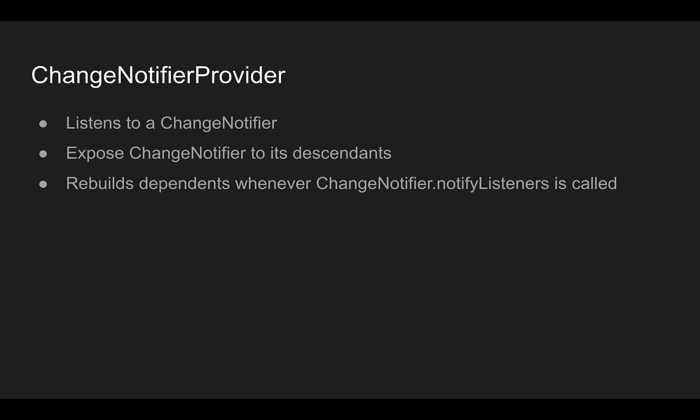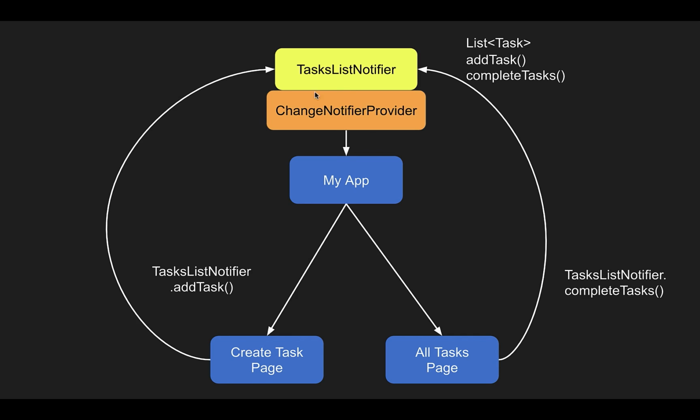Let's try to have this in our widget tree. Change notifier provider can reside on top of my app so that every widget which comes under it can directly access this task list notifier. Now, the create task page would be able to call the add task method on task list notifier to do its job. Same happens for the all tasks page.